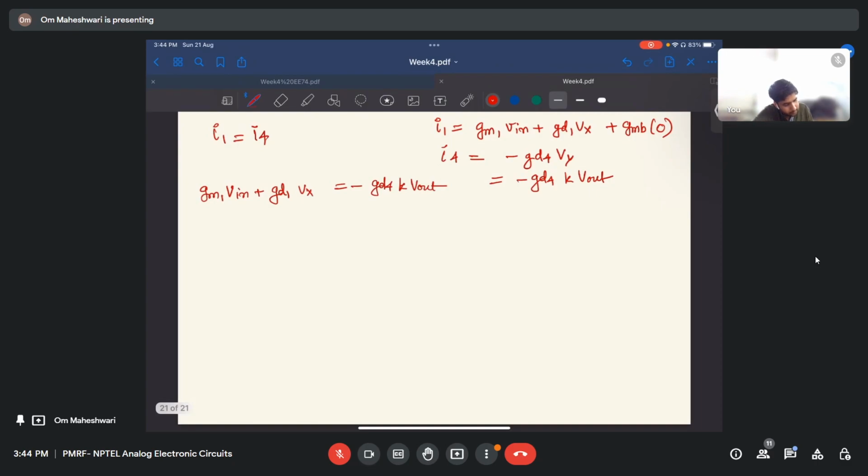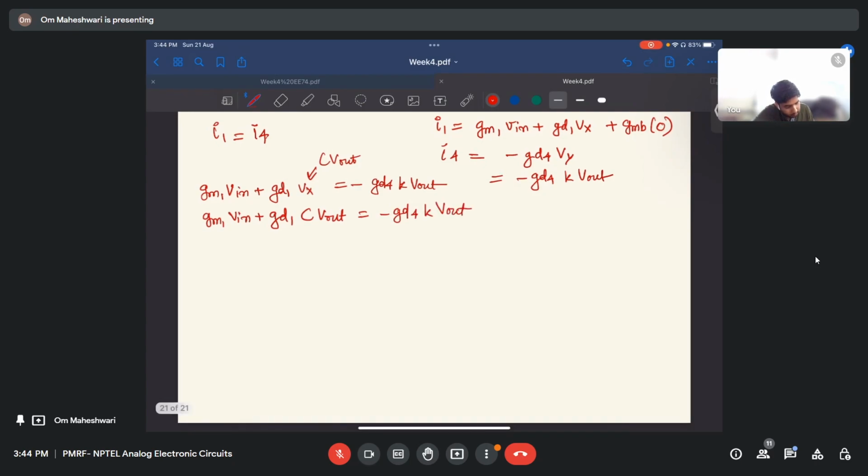So GM1 V in plus GD1 CV out. Vx equals to CV out minus GD4 K V out. So let me take V out common. V out GM1 V in equals to minus V out K GD4 plus C GD1. Yeah. So V out by V in equals to minus GM1 by